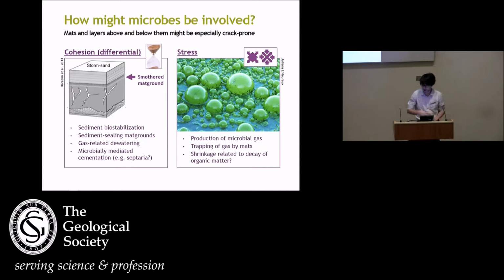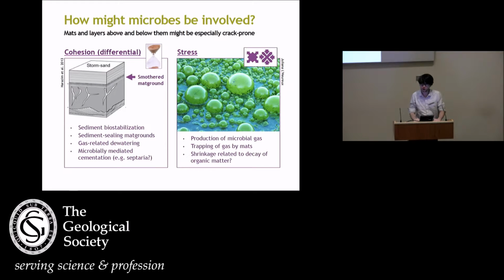So it's been suggested that microbes, well, we all know that microbes improve the cohesion of sediments with their EPS and their biofilms, making the particles stick together. This might make the microbially biostabilized layers themselves more prone to cracking, in particular more prone to cracking than the layers above and below them, so that when the sediment pile undergoes compaction, the surrounding layers might flow while the stabilized layers might break. Also, it's been suggested that mats might seal the sediment pile at the top so that they fix the top of a mud layer, so that when compaction occurs, the mud underneath is forced to crack since it's fixed at the top.